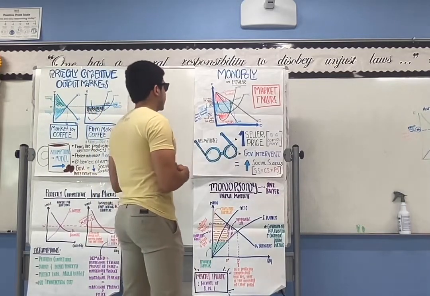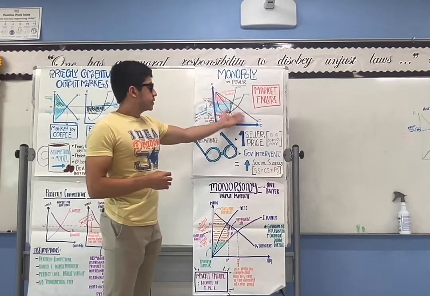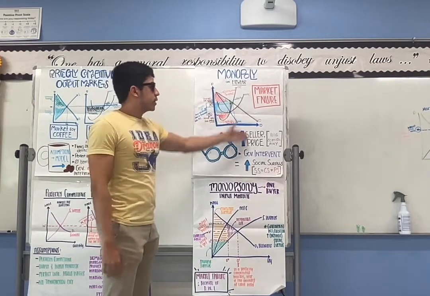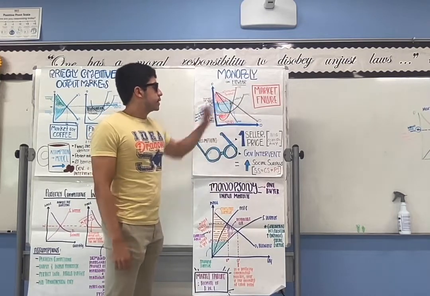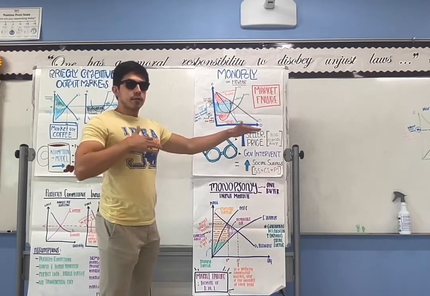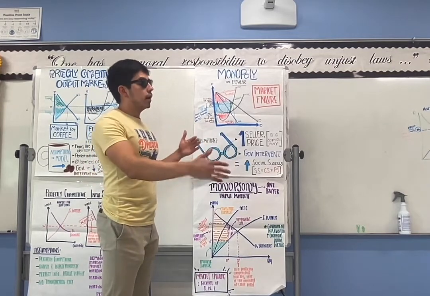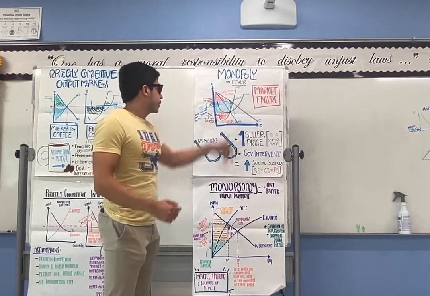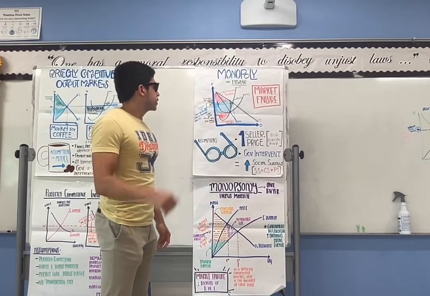As we can see in this model here, the demand curve, because Luxottica, or any monopolist, still has to respect the demand curve, and they own the whole market, so the demand curve should be downward sloping. And we said that marginal revenue falls at a faster rate than the demand curve because of what is called the poisoning effect. Meaning that a monopolist, if they can only charge one price, has to lower their price on all of their products if they want to sell more output. So marginal revenue should fall at a faster rate than the demand curve. It's a little bit hard to understand, so go look at other videos in the description if you need help.